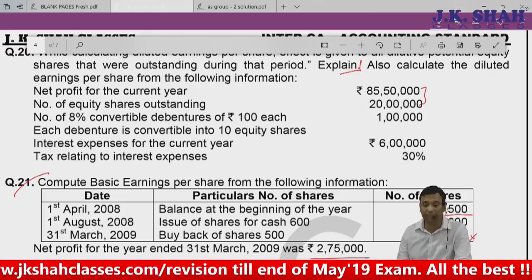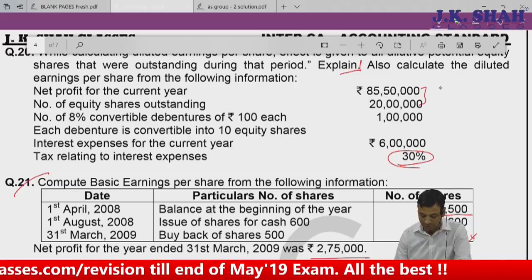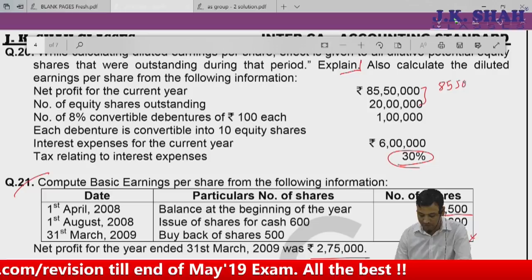6 lakhs ka 70%. Why 6 lakh 70%? Because 30% is the tax rate. So my answer would be 8550